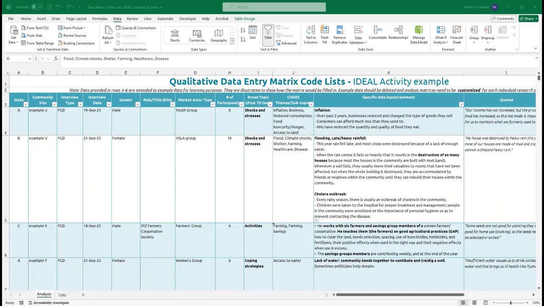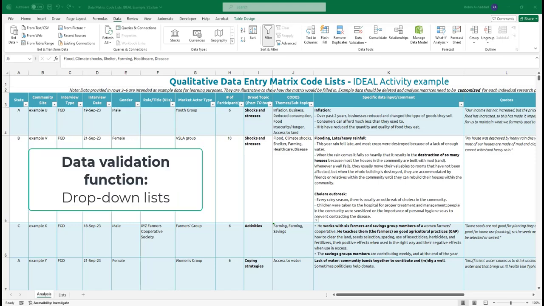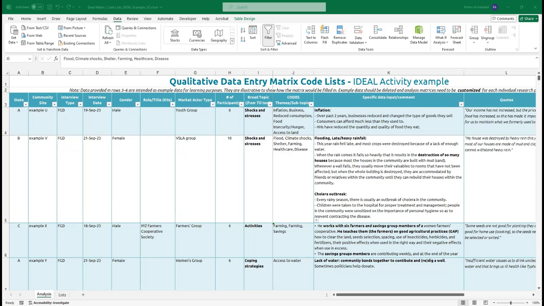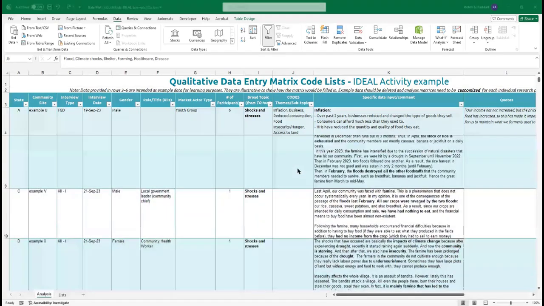Another method to coding data is to use the data validation function to create drop-down lists with short descriptive labels to create coding categories of keywords or phrases for each response. Drop-down lists enable users to choose a single selection in a list of predefined items. Thus, once you create a drop-down list, you can pick from the drop-down list and assign a code or a label to each piece of data in the data set.